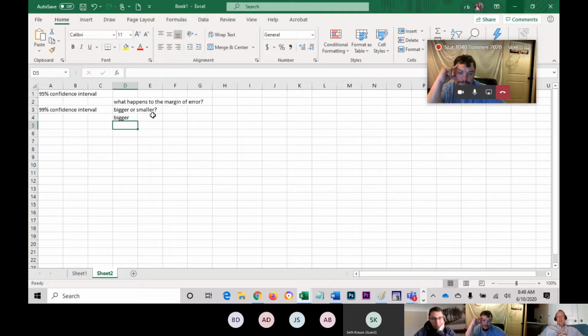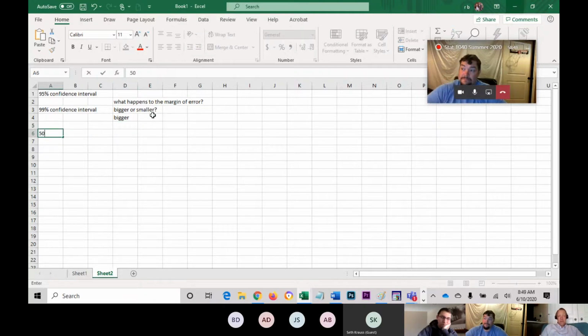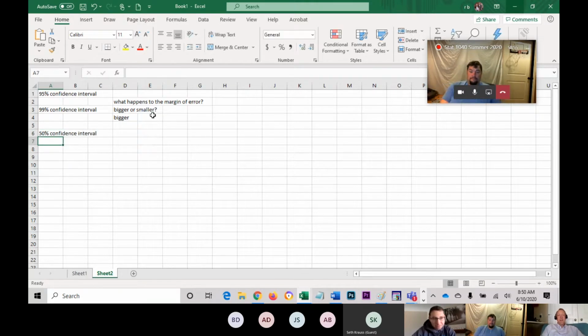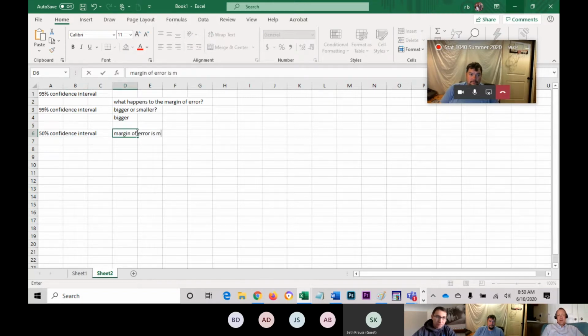Let's say that I had a 50% confidence interval. If we compare that to a 95% confidence interval, you would assume that your margin of error is smaller,